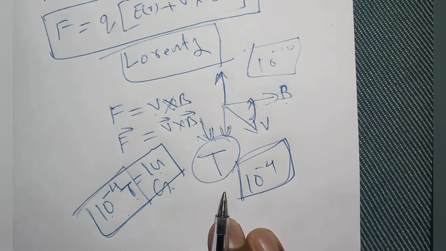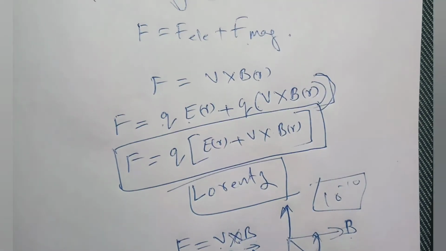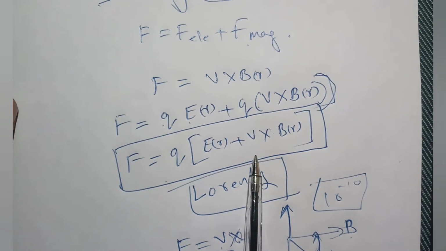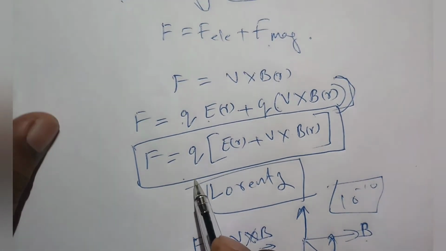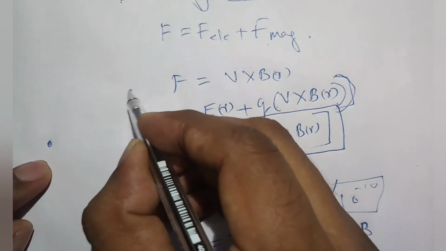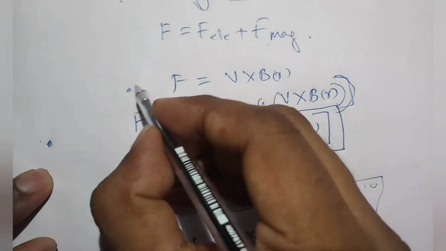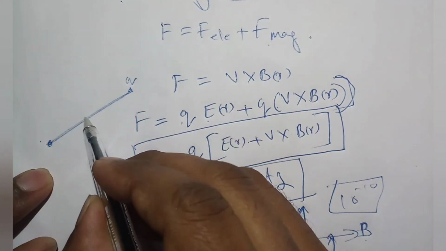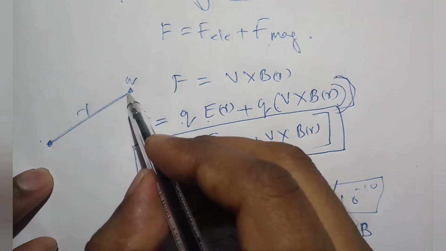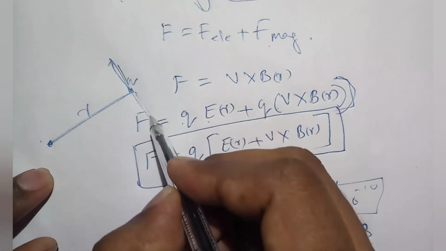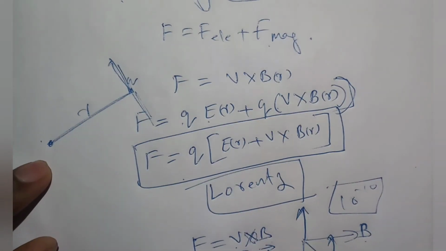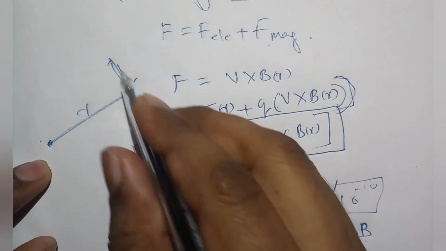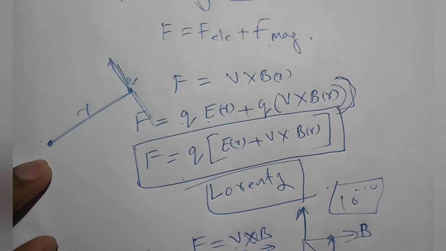Now you can go through this video once more, so you will get a clear idea about the Lorentz force. And the thing you have to remember is this equation for the Lorentz force. Once more, if you take one point here, and here is the source of the magnetic field, and your charge is here, then the electric force will be acting along the line connecting these two, R. But our magnetic force will be acting perpendicular to this one. Whether it will be that way or this way depends on the movement of the charged particle.